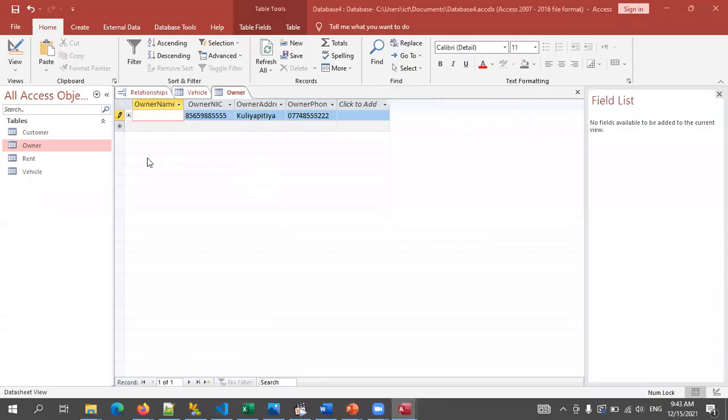Right, children. So you have to be careful when you're entering data, because you must always enter data which is already mentioned in the owner table, in the owner NIC field.